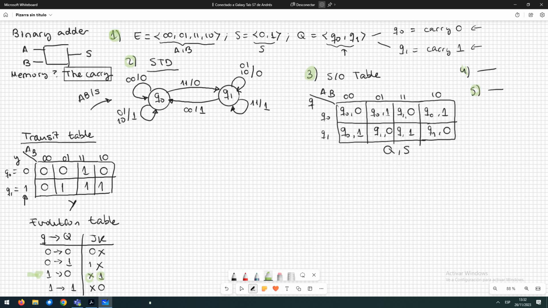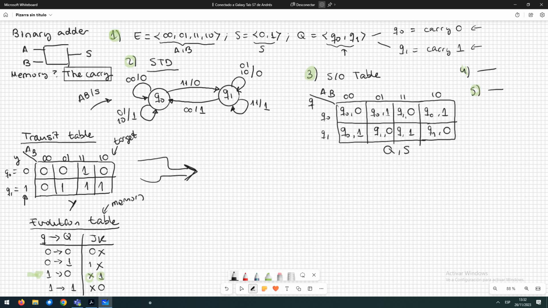So it's more flexible in this case. So using these two tables, the table of the target circuit and the evolution table of the memory element we have to use, we